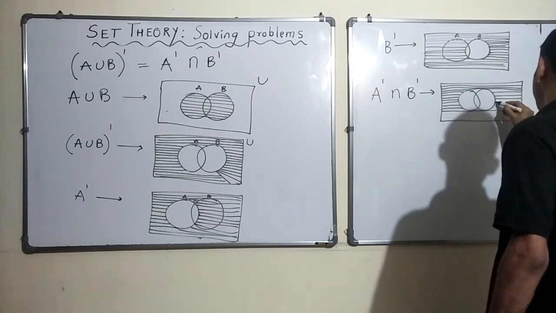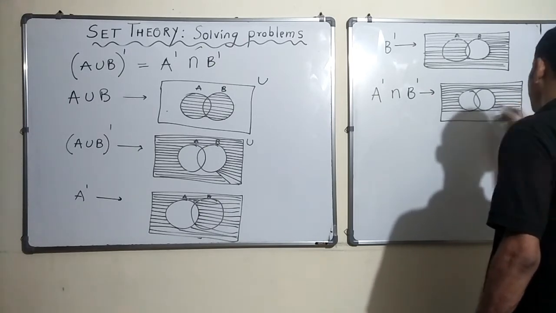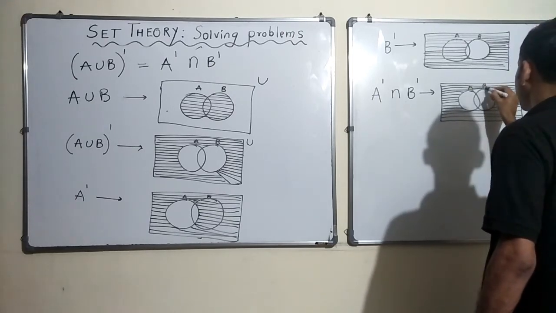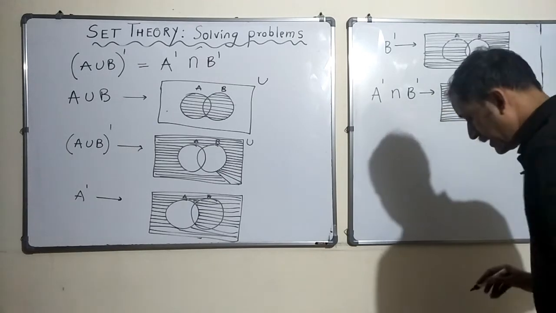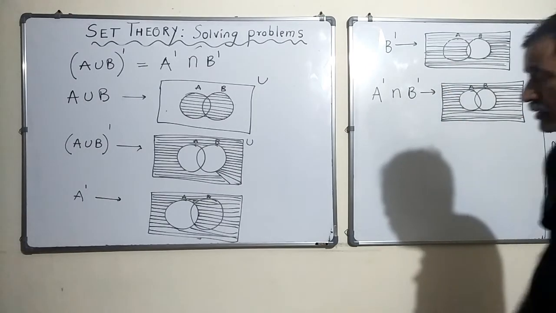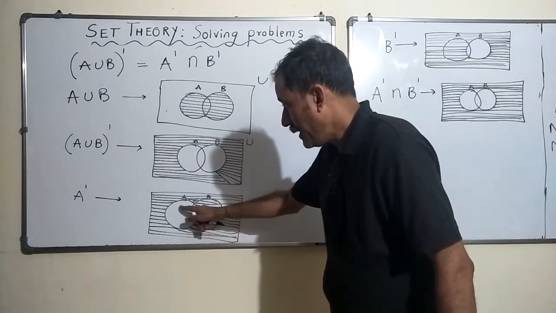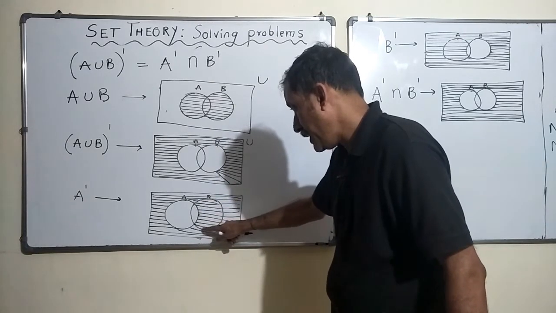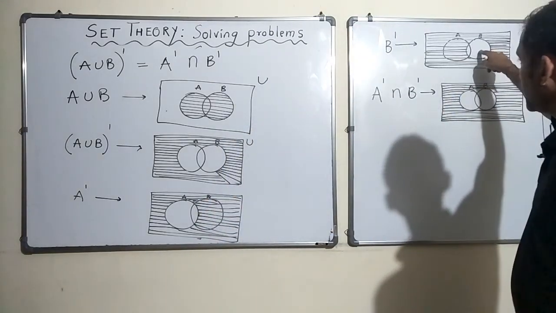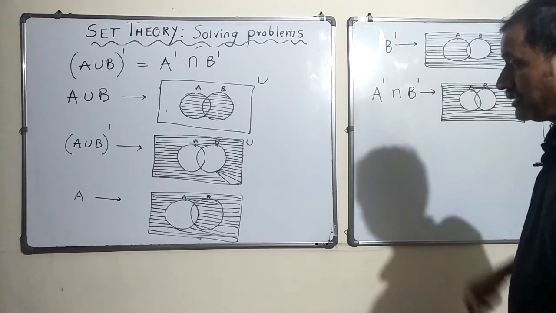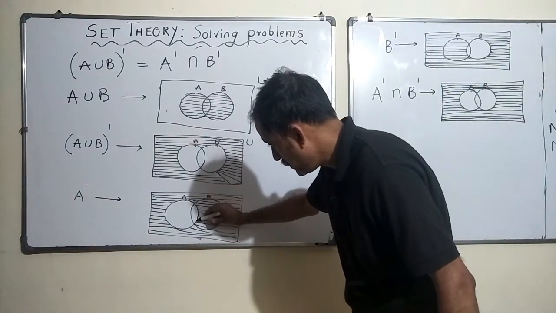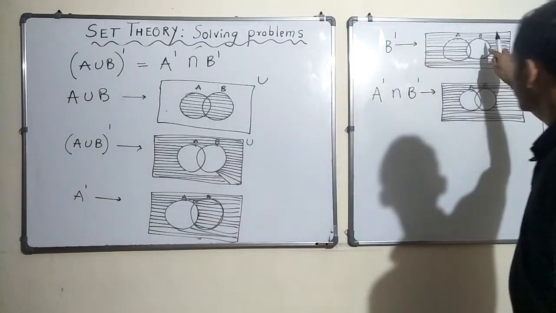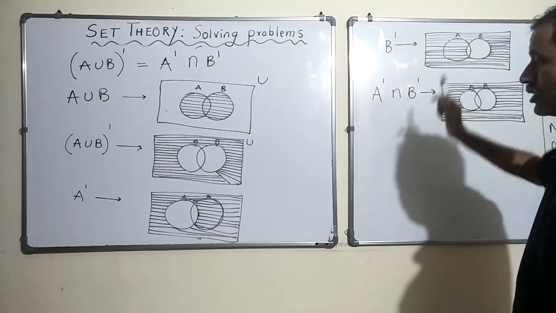Okay, so this is it. All right, so this is good. This is A and this is B. Now, is there any area common to both A dash and B dash? In the case of A dash, I have B shaded, but in this case B is not shaded, so I cannot take this portion. Let's look at just this portion. It is shaded here, but it is not shaded here, so leave it. It is not common to both.